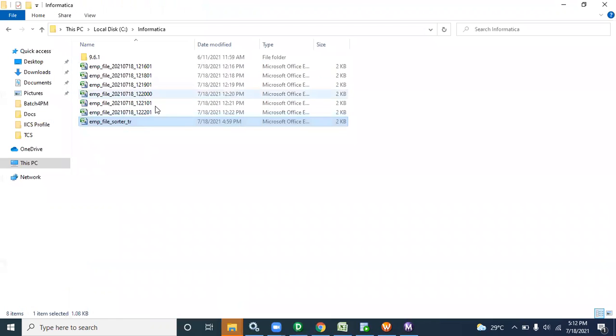After the file is generated, the client wants to rename that file with a date, for example the EMP file, with date and timestamp. Suppose in a day you run 2 times at different times, so in a day you will get at least 2 files. We'll discuss that today.